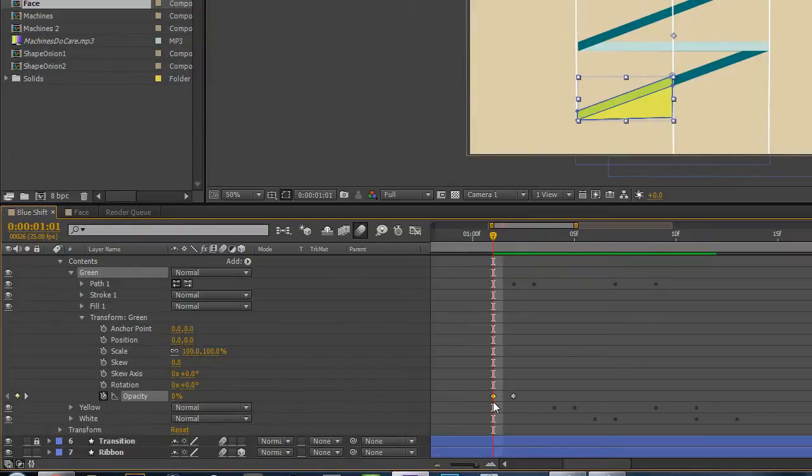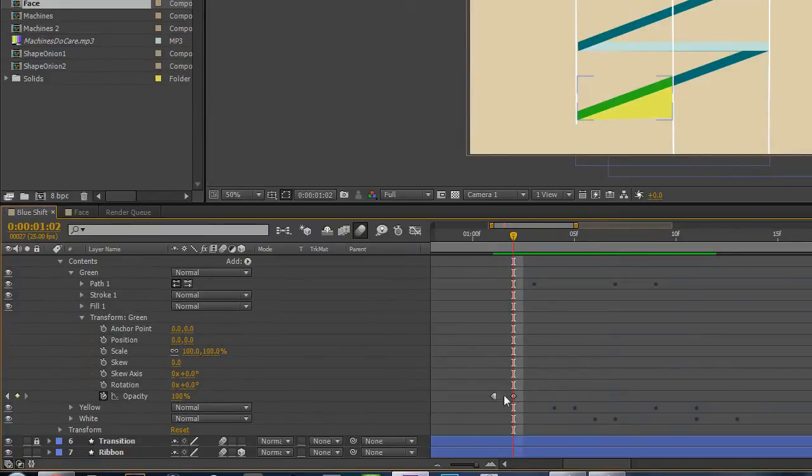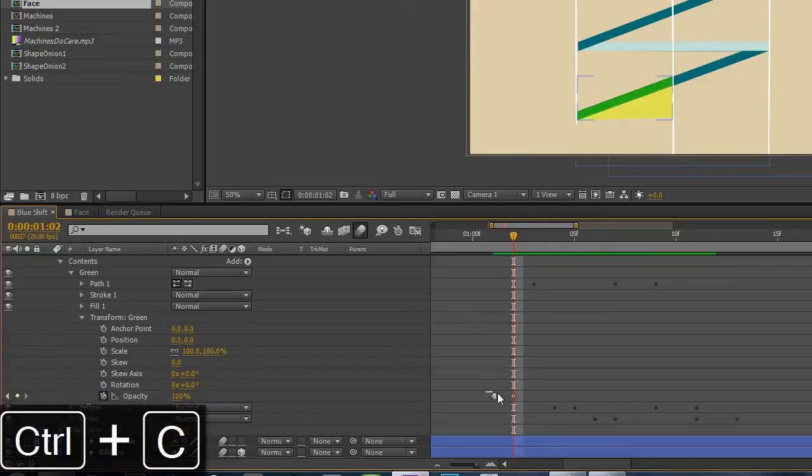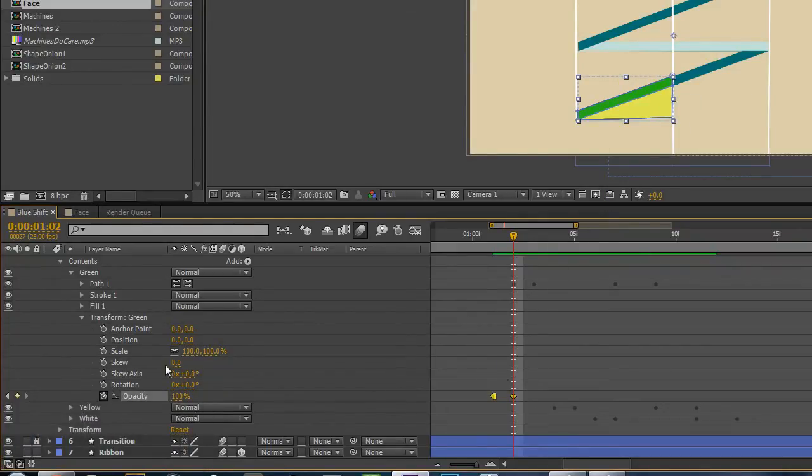Another trick you could do is toggle this as a hold keyframe. So it'll hold it at 0 and it won't interpolate it at all until that, and then it'll appear as 100%. So that's a good value. What we want is 0 to 100. We want that for all the layers. So I'm going to Control C, copy this,